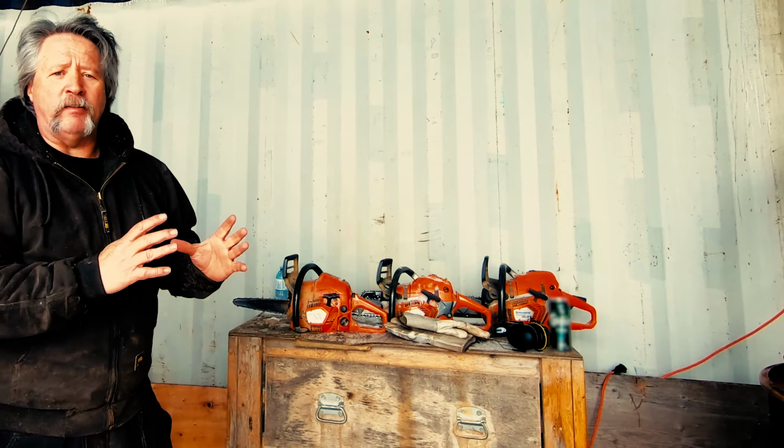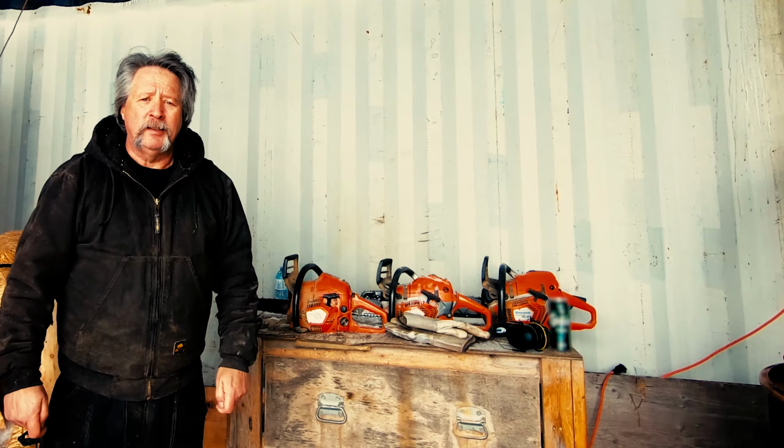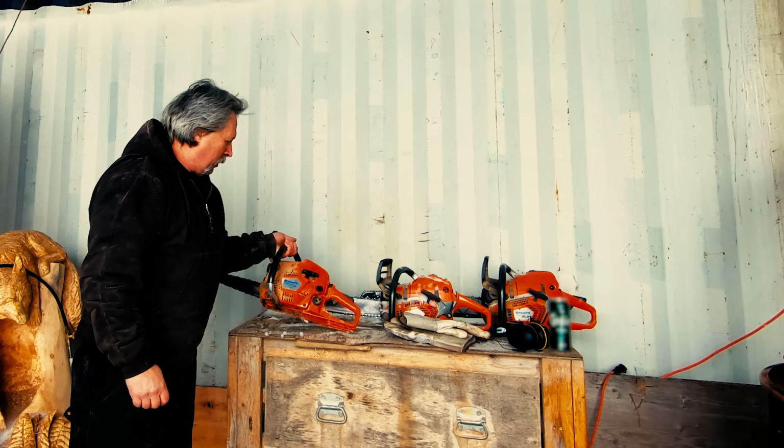We're going to just go through what our minimum configuration is, what I think you need at the very least to start carving, and then what the ideal package is for pro carving, and then a couple of other add-ons. In future videos we're going to look at hand tools and a few other things, and basically give you a minimalist setup, and then a nice to have setup, and go from there. Anyway, without further ado,